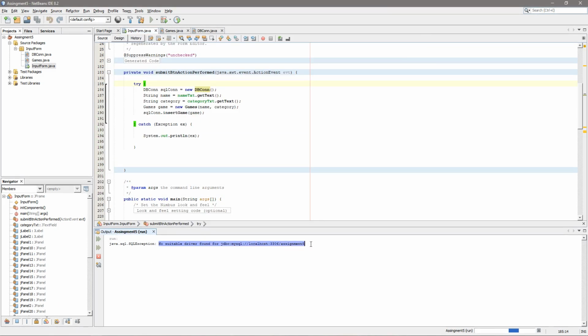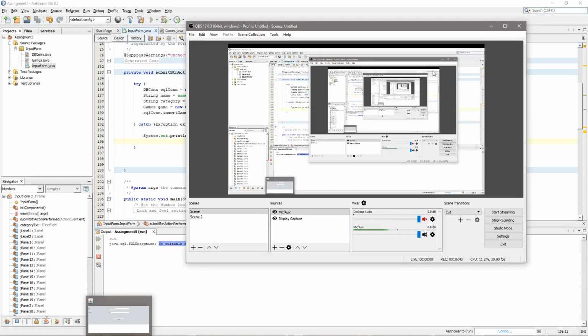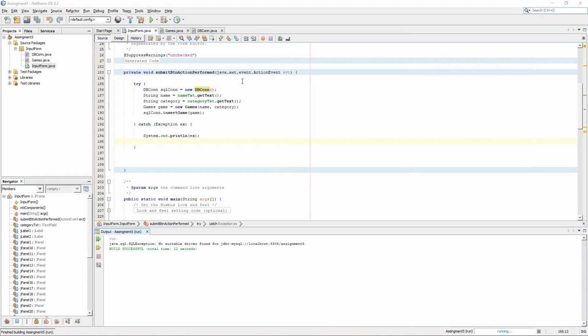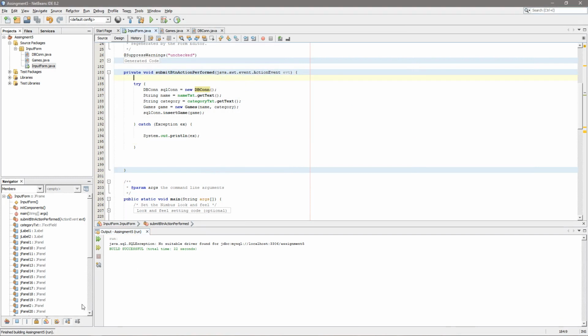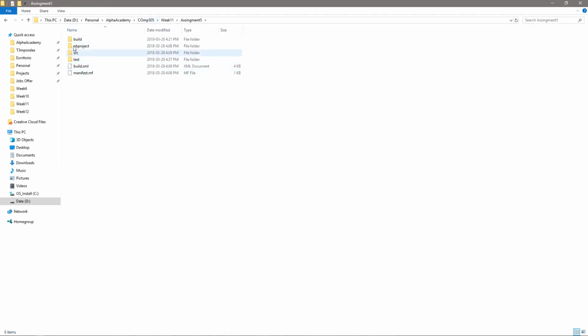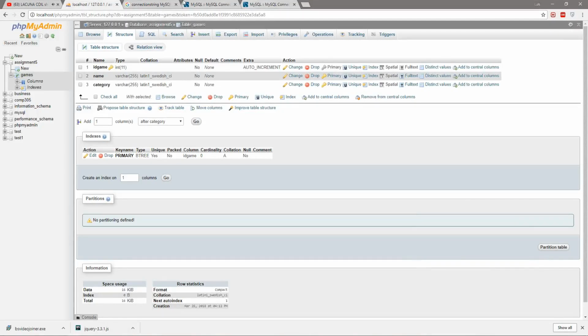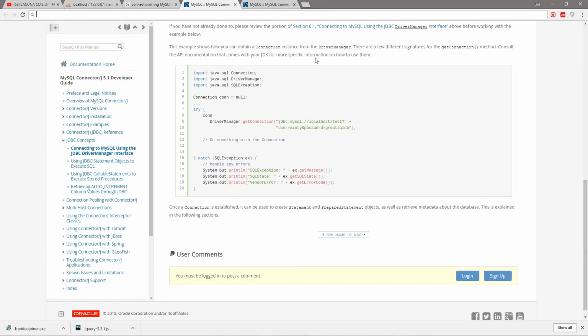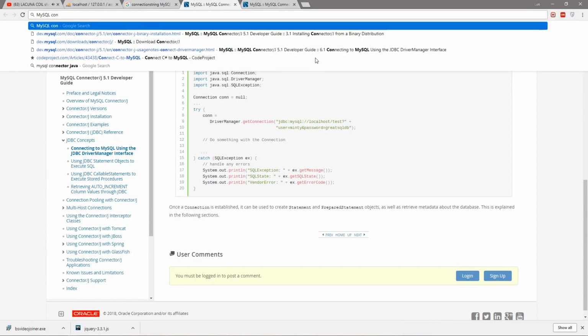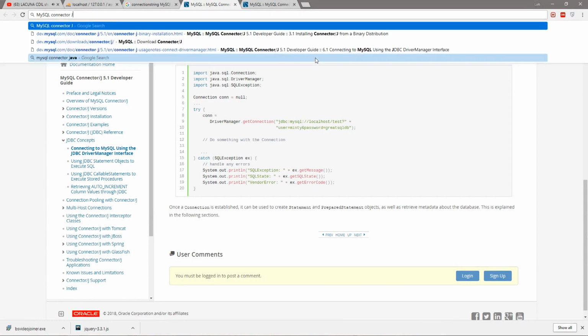Not suitable driver. Oh, we are forgetting something very important here, which is our driver. So the first step that we have to do is locate our folder. In this case it will be the assignment number 5. And in here, as I told you before, the source folder, I'm going to place here my library. So let's go to recall it. MySQL connector Java